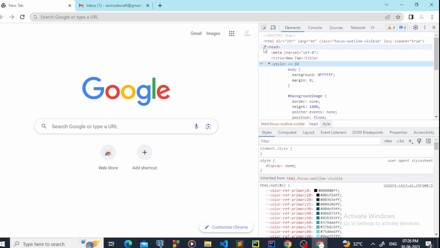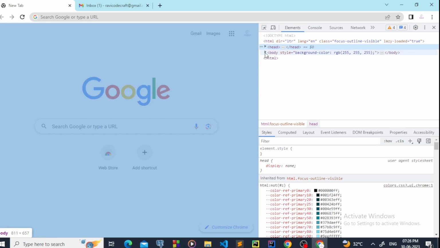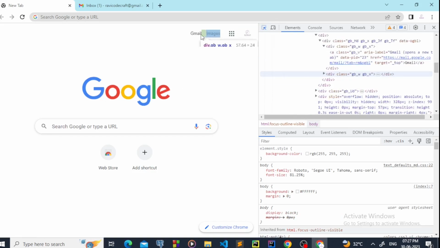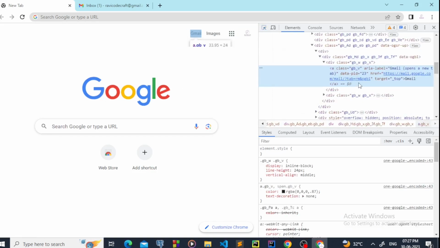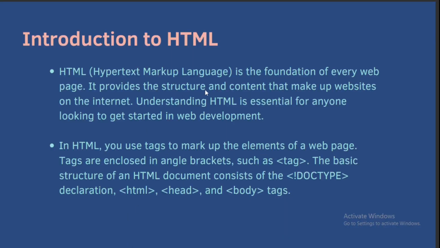So the head tag contains most of the information of the web page, and the body tag contains the elements of the web page, the content of our web page. Like, if you see, I will go to the Gmail place, and we have an a tag. Here we have Gmail. An a tag is used to link our normal text to another page. Okay, so let's go back to the PPT. Now if you look here,